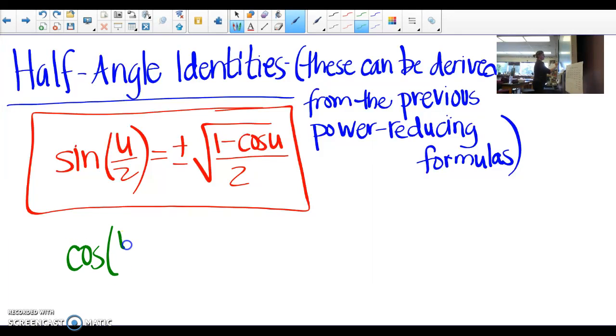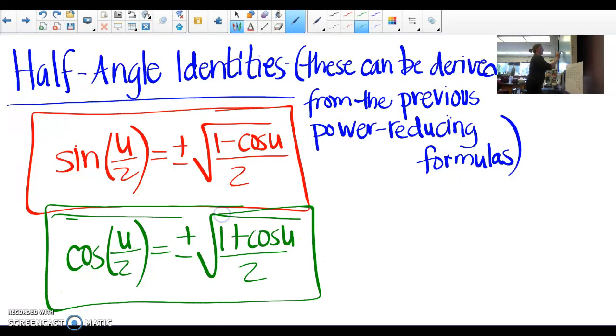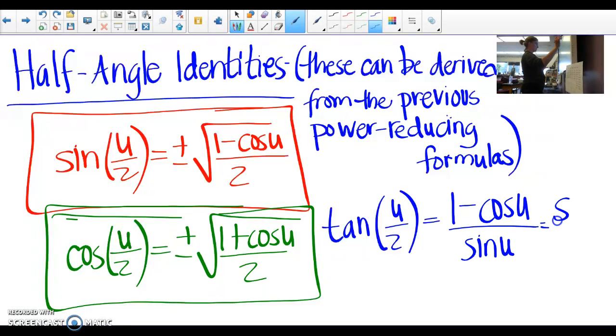The half angle identity for cosine of u over 2 equals plus or minus the square root of 1 plus cosine of u, over 2. And then tangent of half of an angle u is 1 minus cosine of u over sine of u, or it is also equivalent to sine of u over 1 plus cosine of u. Okay,